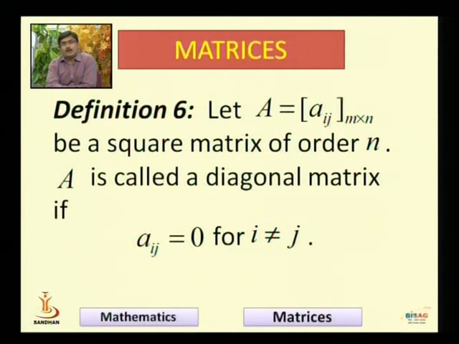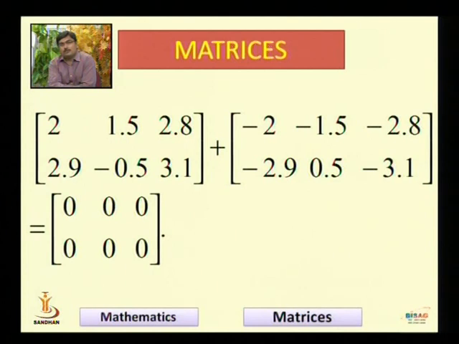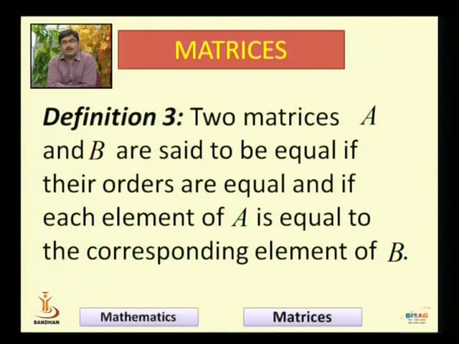So, I am taking a square matrix of order n. So, A is the matrix Aij, an n cross n matrix. We will say that A is a diagonal matrix if all the entries except those of the diagonal are 0. Now, if you look at the first example notation of the matrix that we had seen over here,